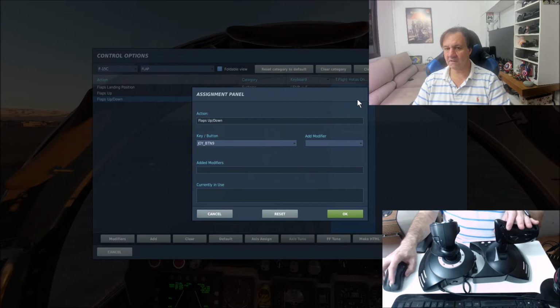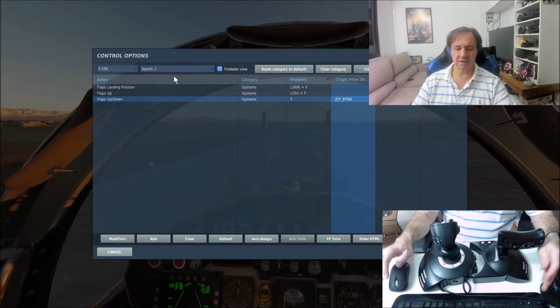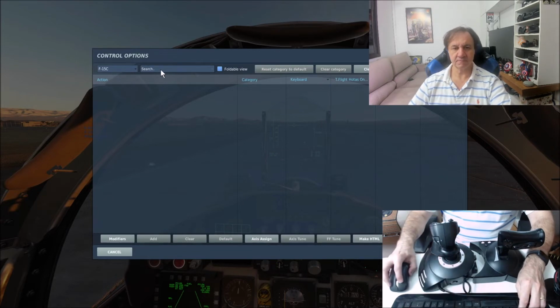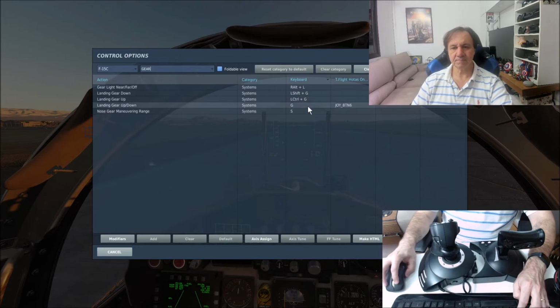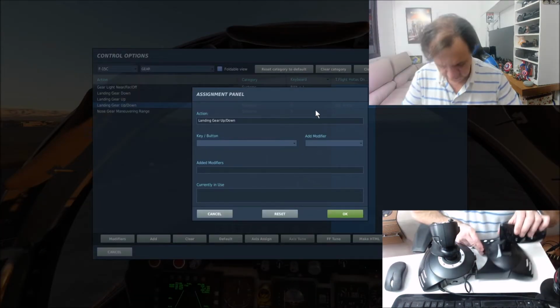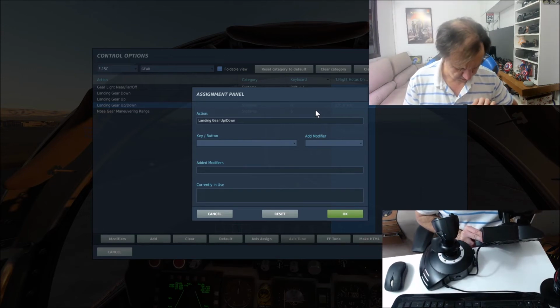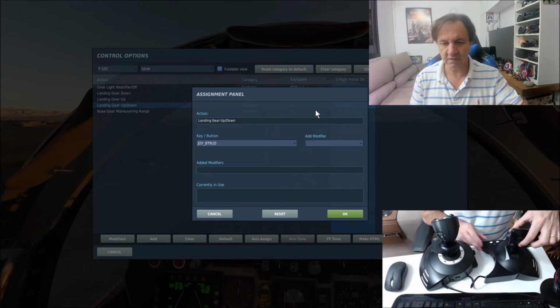I'm going to choose again. See, oh, F9. I'm going to choose also the gear. I'm going to use this button here, the second button here, okay, in the front, the gear.